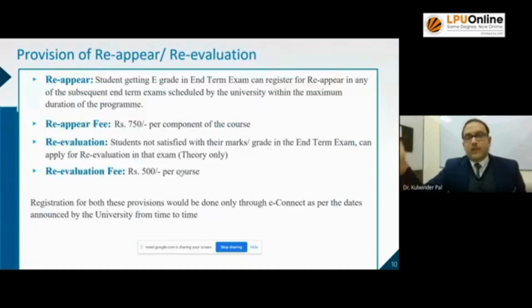Now, what happens if you are not able to pass a particular course? If you are not getting passing marks, you will be getting a reappear in that particular course. That means your result will be declared with E grade in that course. But you can register for reappear in any of the subsequent end term exams. Along with your normal examination, you can appear for the reappear examination of the previous term as per the maximum duration of the program. And there is an applicable fee, rupees 750 per component of the course, but we advise you to keep checking the updated guidelines and fees as and when notified by the